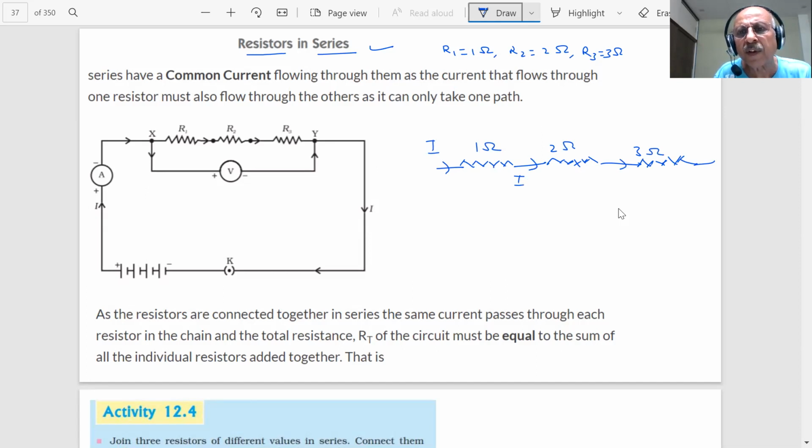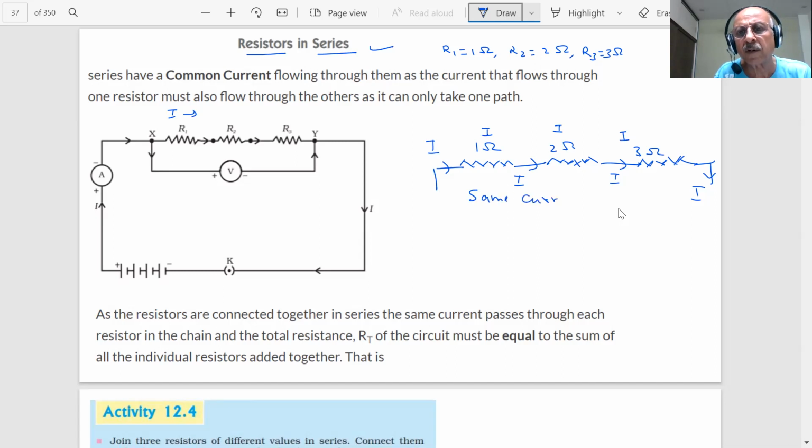The same current I is flowing through them, student. The same current is flowing through the 3 resistors when they are connected in series. This is an important point. What is same? Current. So in a series there is a common current, the same amount of current I flowing through resistors 1, 2 and 3. Whatever current is here, the same current is flowing in R2, and the same in R3. This is I, this is also I, this is I. Clear?